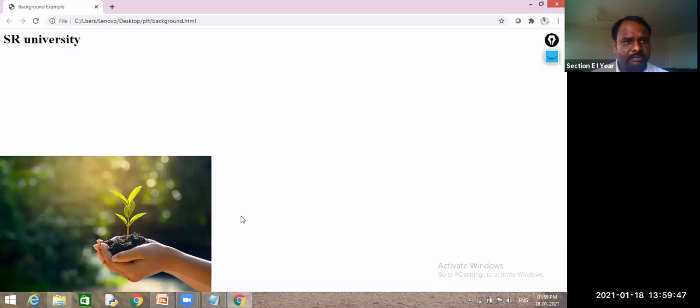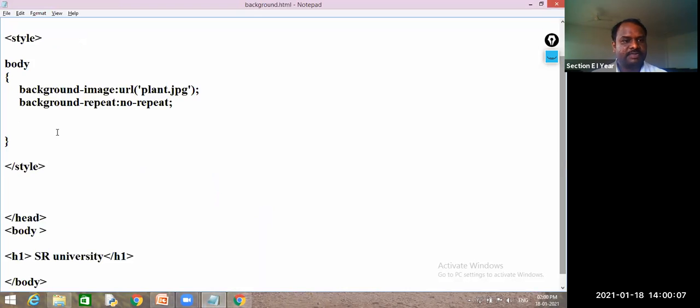See, you have given a small image, but least bother about that. I want to print that image on the entire screen. Then what will you do? Then we have another property, that is the background-size property. We will see what background-size is and how we can give it. So background-size. Here we have different values. We'll tell you one after the other. One is with one value and the next one is with multiple values. First one is cover.